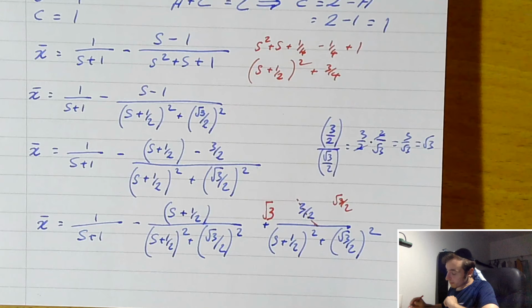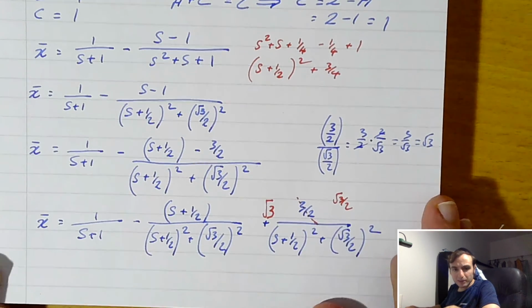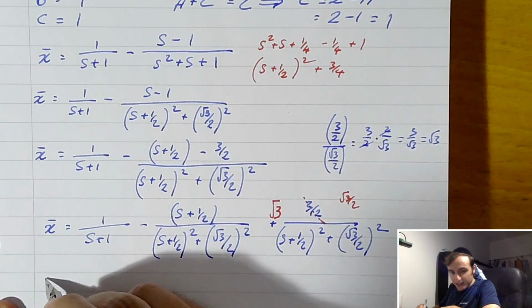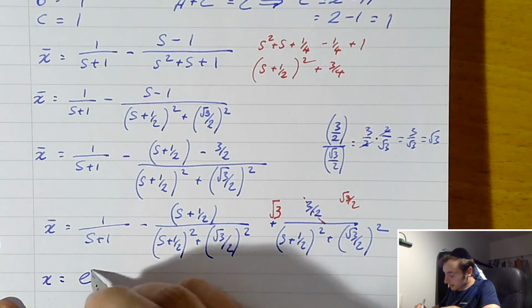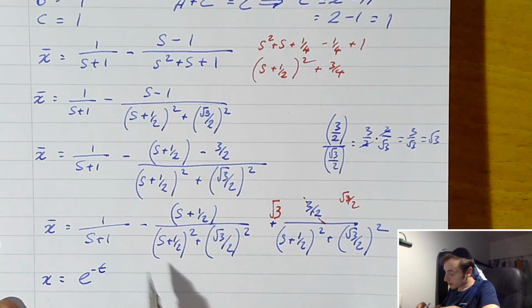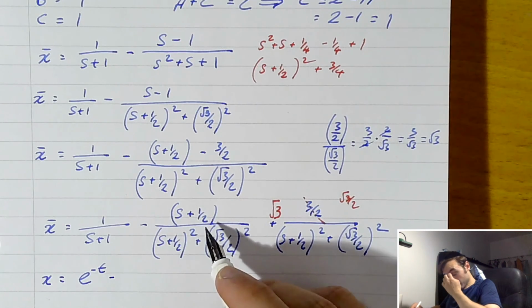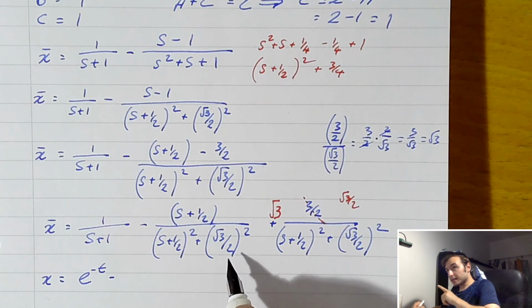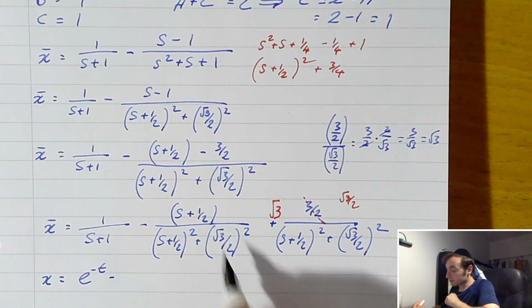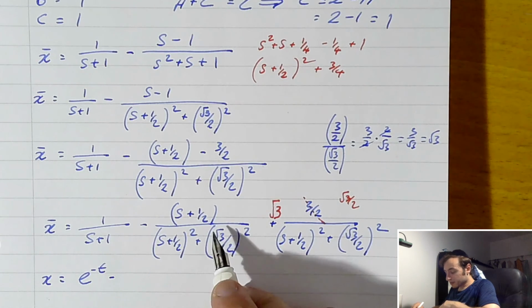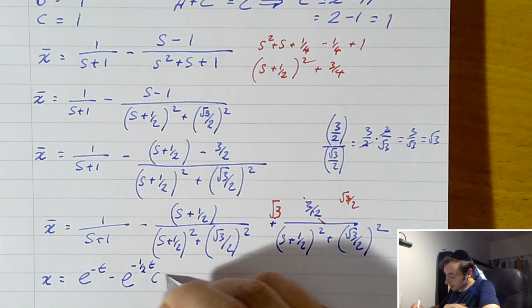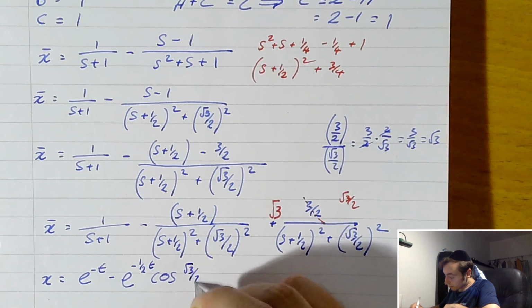So now that I've done that, I can go on and actually do the inverse Laplace transform, if we've got any paper left, that is. Okay, so we can say now that x equals e to the minus t, which is from here to here, minus, now again, ignore the shift at the beginning. We've got s on s squared plus a squared. Well, that's the transform of cosine at, cosine root 3 on 2 t, isn't it? With the shift, we're going to have e to the minus half t. So that's going to be e to the minus half t cosine root 3 on 2 t